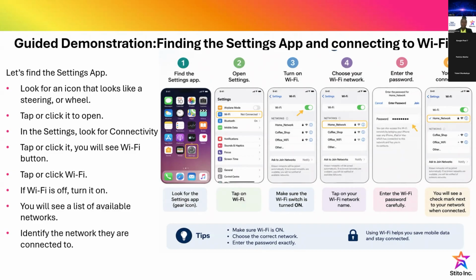So when you see that steering or wheel image, the icon, you can tap it or click it open. And when you click on it, it will open just this image we have here. It might not look exactly like this because sometimes our phone makers and brands are different. So you're going to see something like flight mode, which is the same thing as airplane mode, Wi-Fi, Bluetooth, mobile data. The one you want to turn off, the one you want to turn on, the one that is already on, you will see it there.